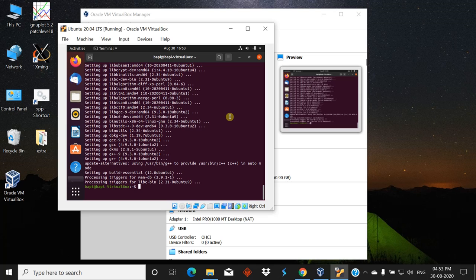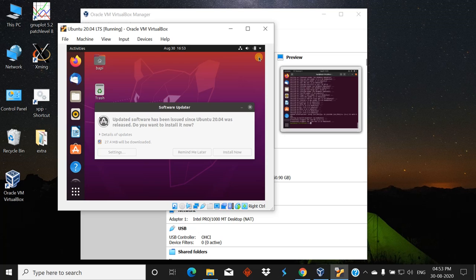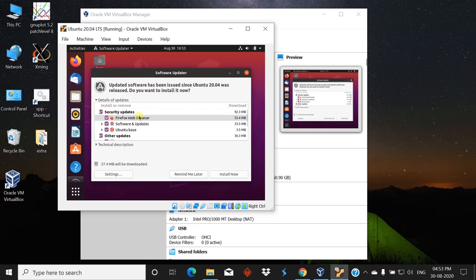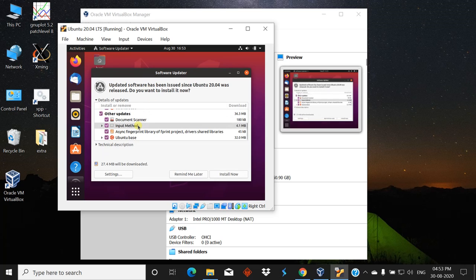Now close the terminal. Now the software updater appears. Click remind me later. If you want to see the details, click on it. You may install it later.